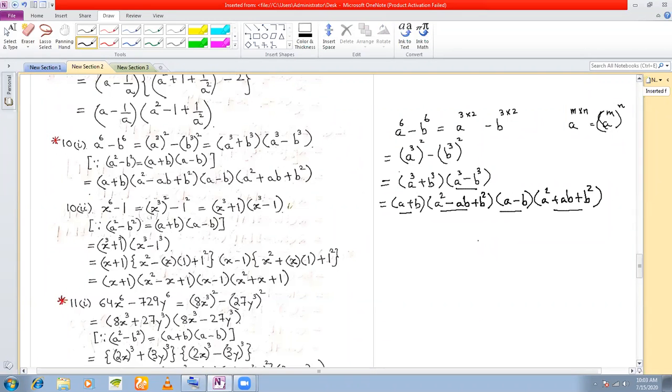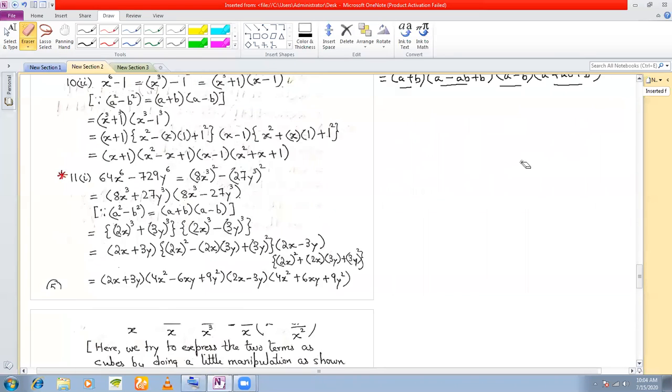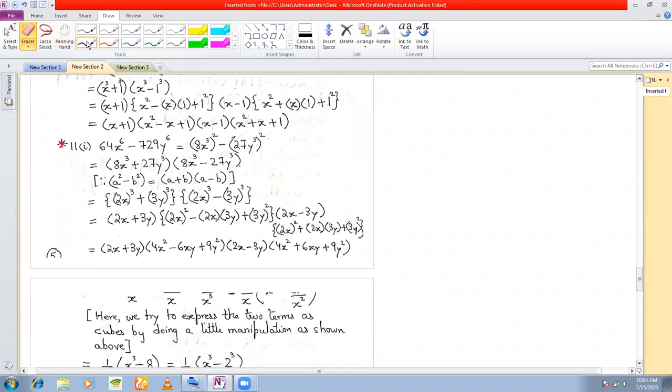Now how to do it by a square whole cube? If I write this as a square whole cube minus b square whole cube, I'll show you later. I'll not show you right now. I'll show you later when I'll be doing revisions when I finish the syllabus, because I really want to proceed right now with the syllabus. So it will consume a lot of time. Mute all your sounds.